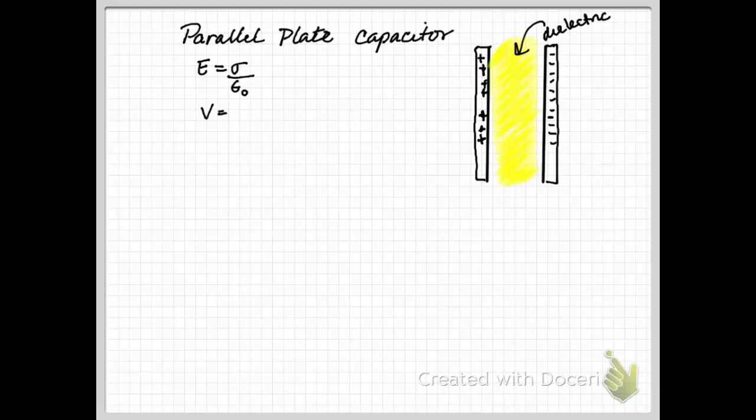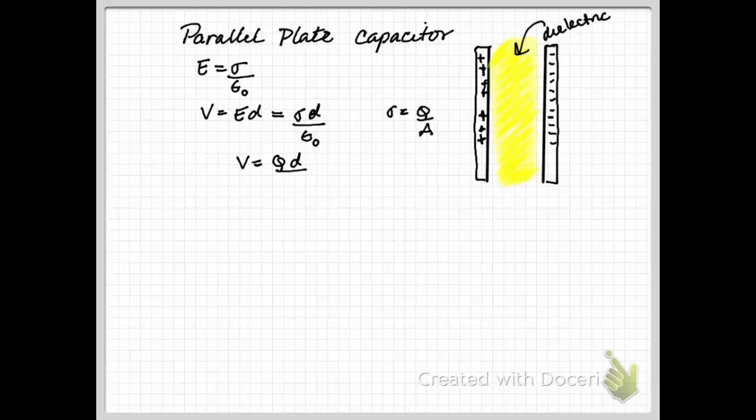And another one that'll probably look familiar is volts is equal to the electric field times the distance between the plates. When you plug in the equations, you'll combine them, and you're going to get volts is equal to sigma d over epsilon naught. And hopefully you remember charge density is the amount of charge divided by the area. And so you end up with this equation where the voltage is charge